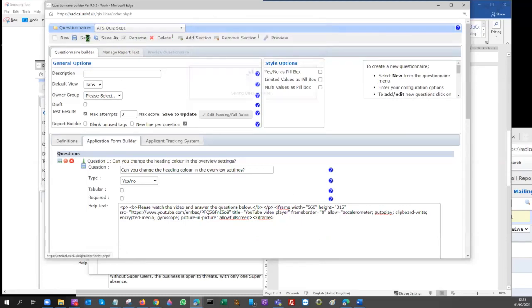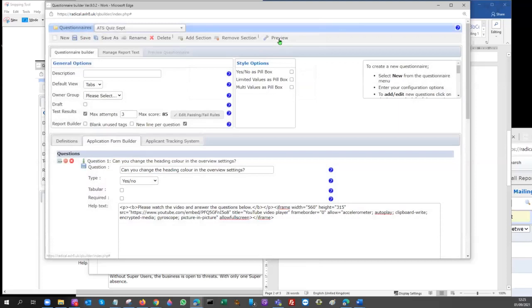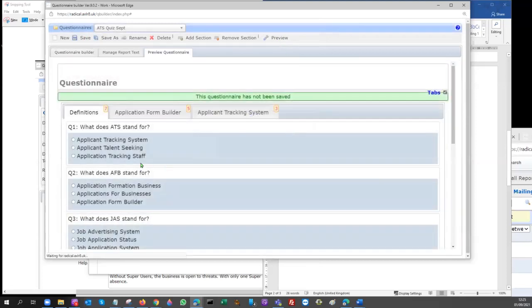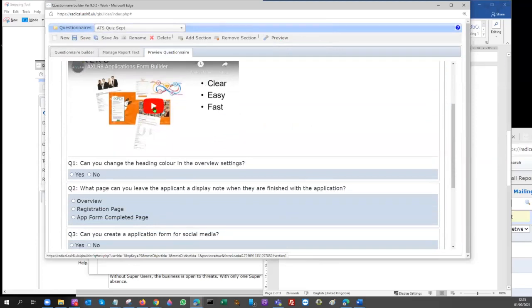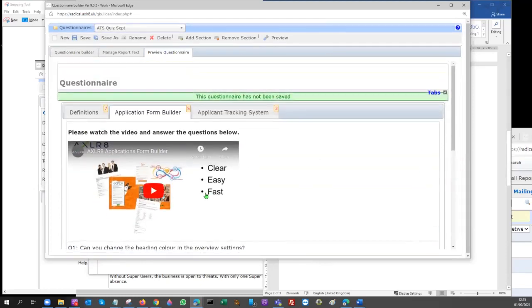save. If I preview this questionnaire like this, look, when I go to this page, you can see that I can press the video, watch the video for 2 minutes. I think this is Jack's video on how application form builder works. I think it's two minutes or something. And then you can answer the questions. So it's very easy to plug a video into your e-learning,